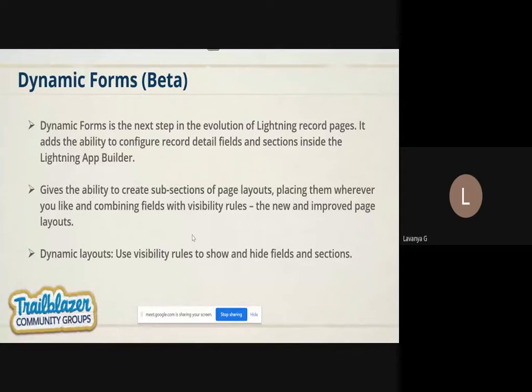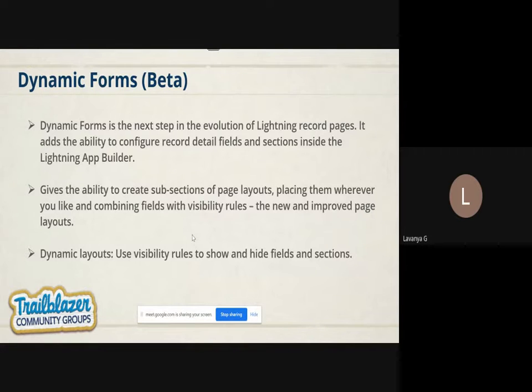It gives you sections and subsections for the Lightning page layouts, and it is only supported in Lightning page layouts. You can place your fields anywhere you want. There are no restrictions.